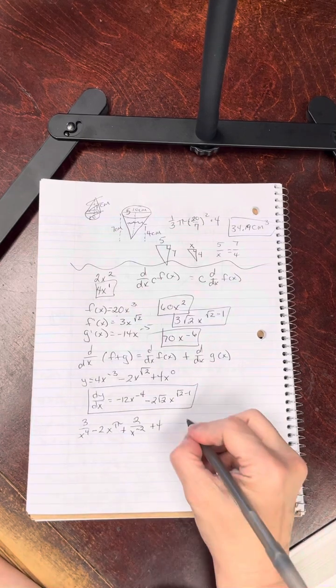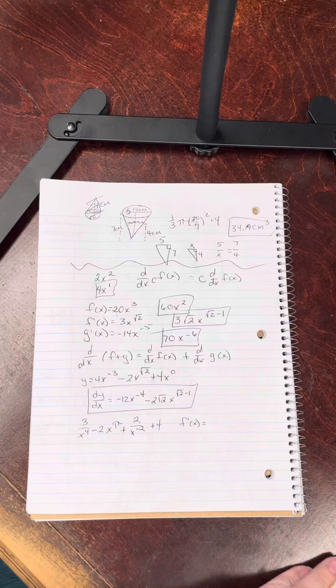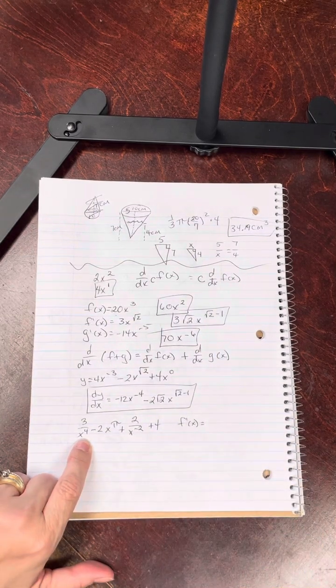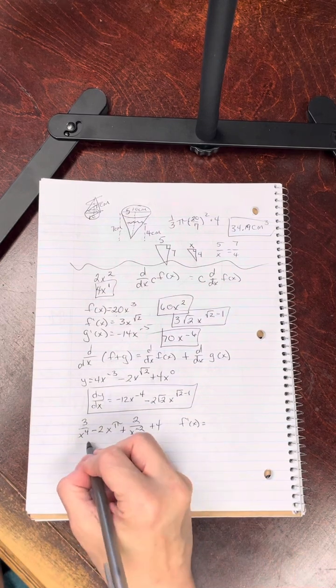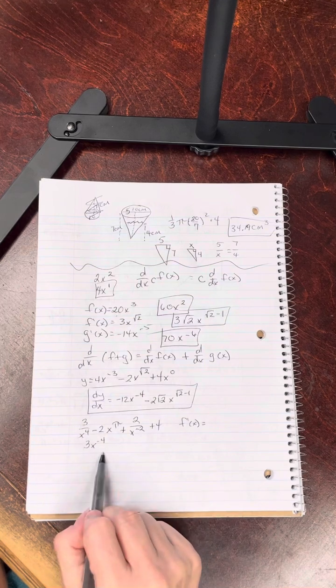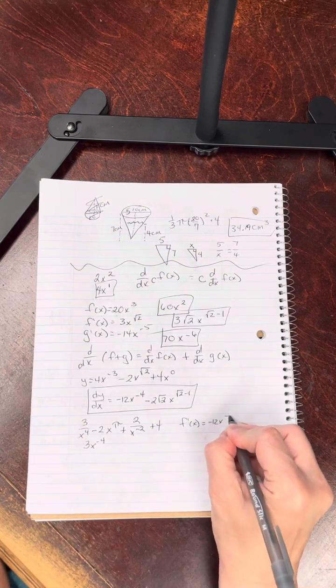So technically I should be saying f prime of x equals, and then I should be doing the derivative. So this one is 3x to the 4th. Now that's in a fraction form, so let's fix that to say 3x to the negative 4th. If I bring it up, I change its sign. So then that's negative 12x to the negative 5th